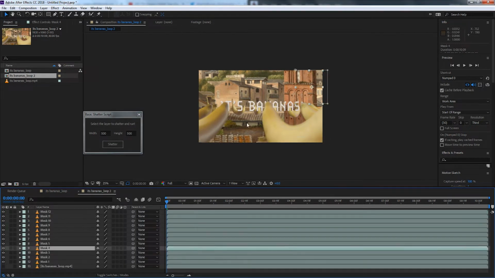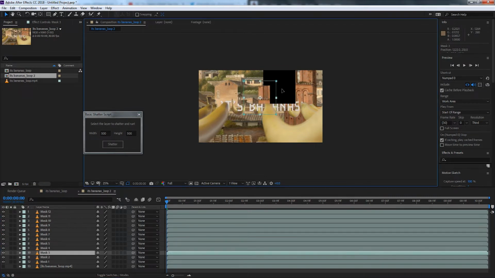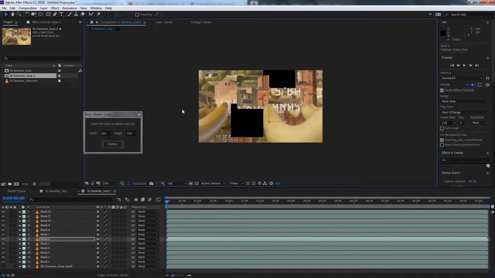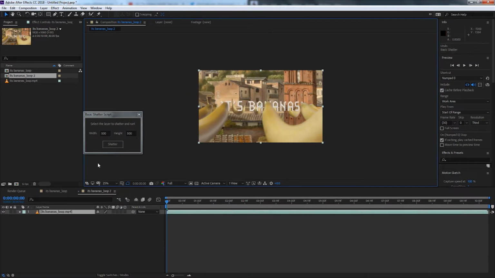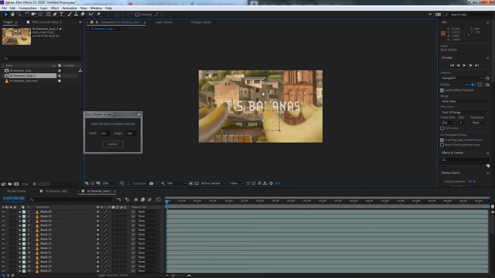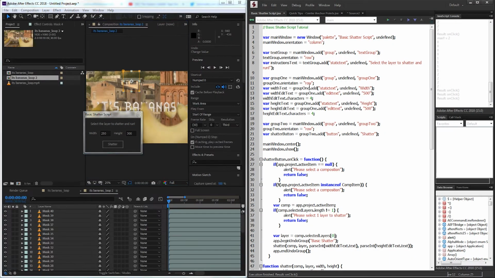Then it's going to go through and shatter each of the pieces and move the anchor point, and this will just allow us to sort of cut out and do lots of things with our image. And of course, you can go in and change the width and height to other values. This may cause some issues as it's just a basic shatter script right now. In this case, it's all good, but sometimes you'll have some extra black space which you'll have to fix in post. So let's go ahead and get started and create the script, which is actually surprisingly less than 100 lines